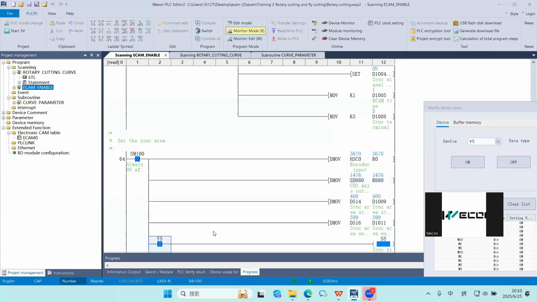And here, achieve the sync area. So now we can cut the, for example, package. Now another cycle coming, another cycle. Okay, so this is the Rotary cutting